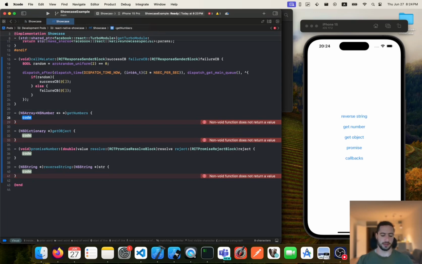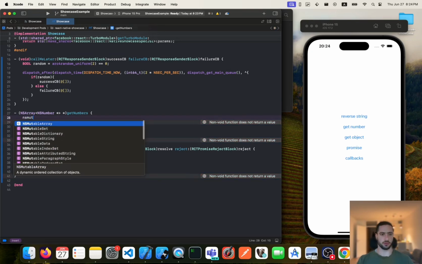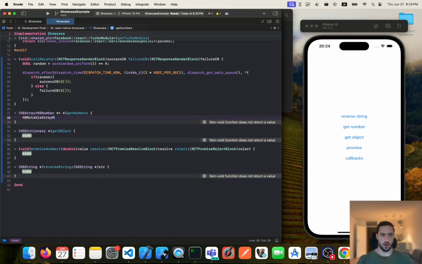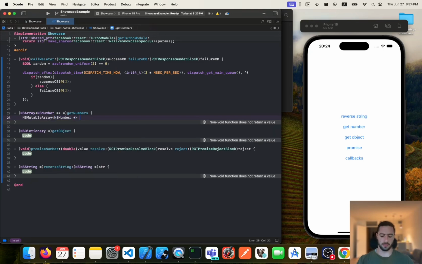And now let's do the getNumbers. In here, this expects us to return an array of NSNumbers. If you see these stars, it's literally just a pointer, and that's how you do it in Objective-C. You usually use pointers for objects like NSNumber; NSArrays are classes basically. So in here, we're going to define an NSMutableArray of NSNumber,